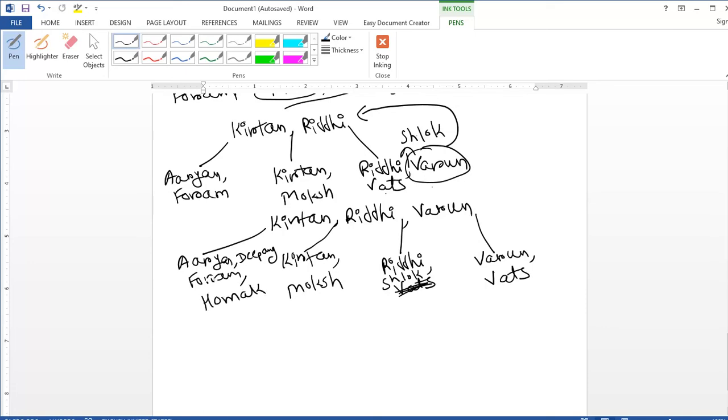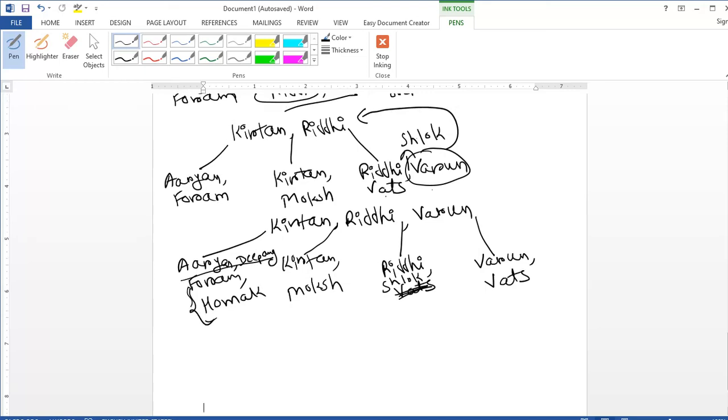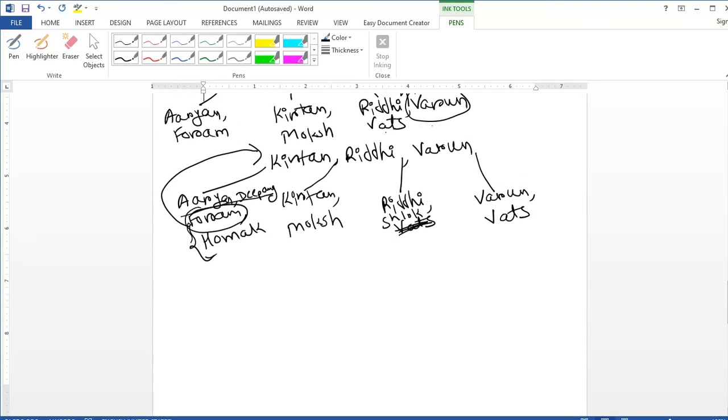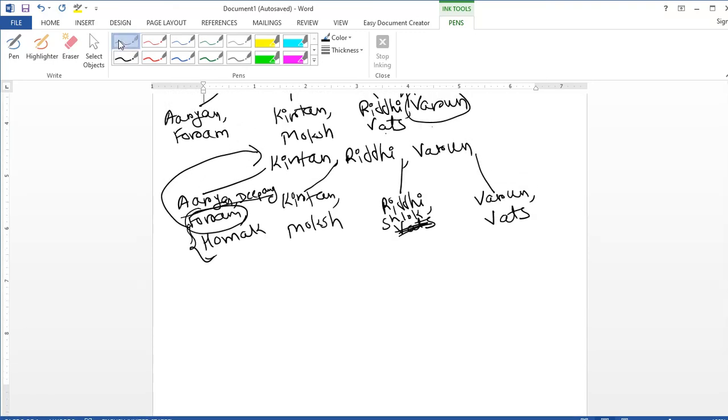Okay, but there are 4 values, so now we need to split the tree, and these 2 values will be on the right side, this will be in the left pointer, and we are going to split the tree through Forum. So this value will move upward, right? And then in the new tree we are going to have 4 values on the root with Forum on the leftmost side. So now this should be split as this, and Riddhi will move into the root node.